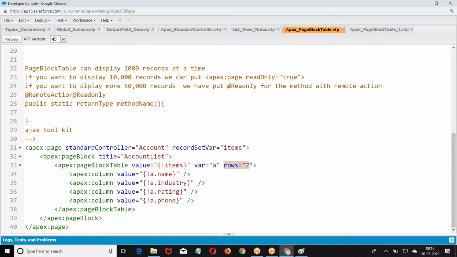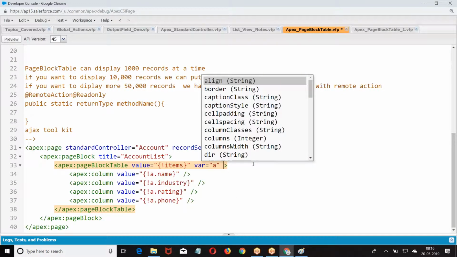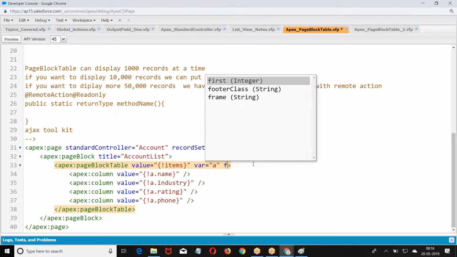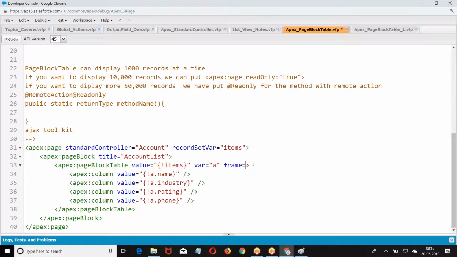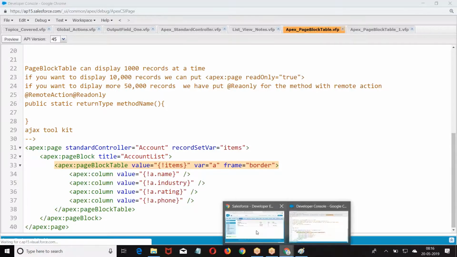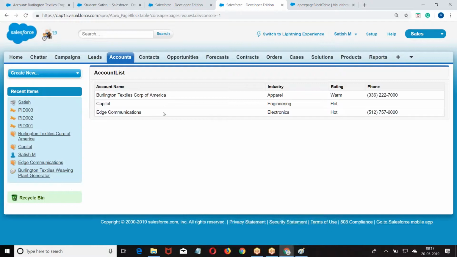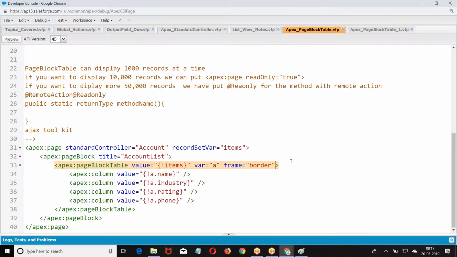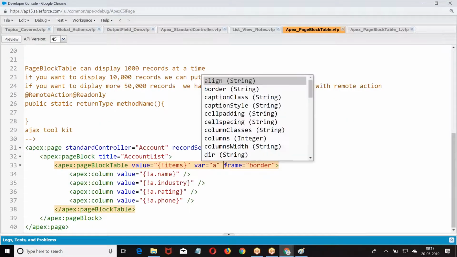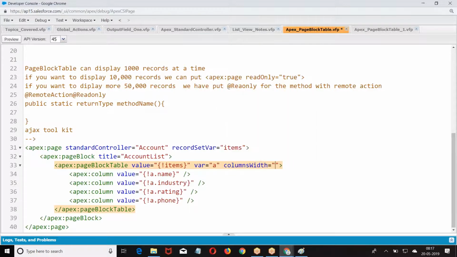Then we have other properties where they don't show any. Why? Because standard CSS is going to apply. So again, what else can we go with this? Now column width, if you want to specify.